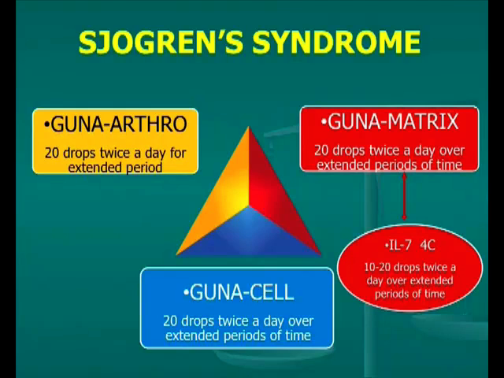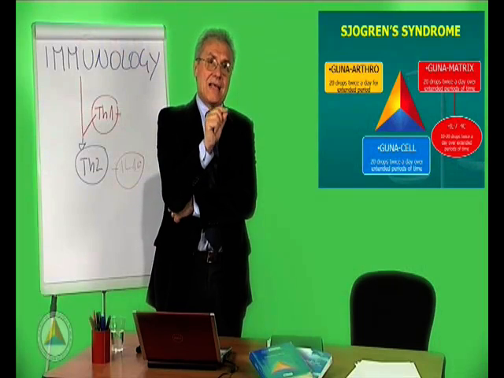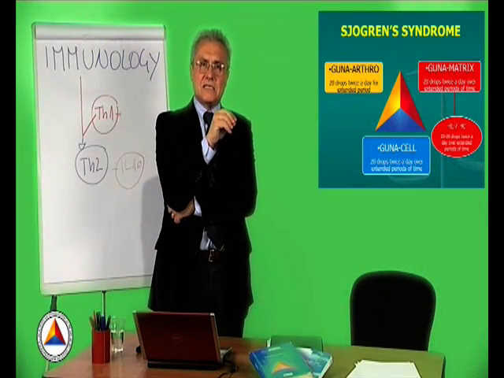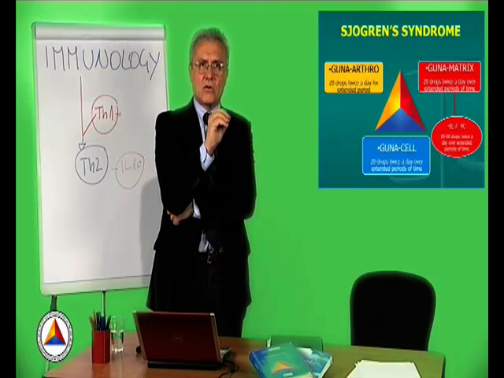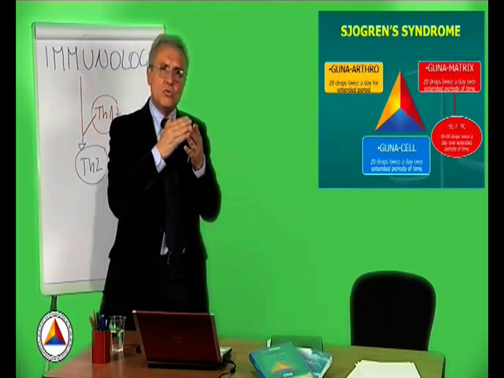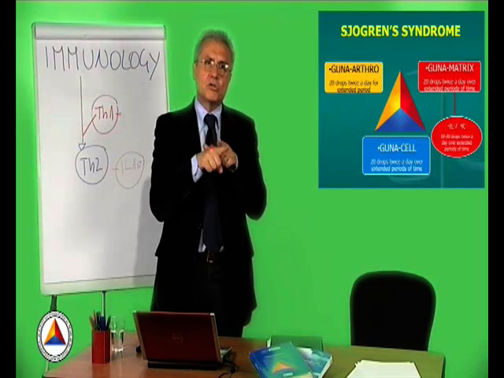If there is a concomitant joint involvement, we should associate 1 tablet of ZLT 2 or 3 times a day. And from the therapeutic point of view, the cytokine of interest in Sjogren's syndrome, which has a profound impact at immune level, is interleukin 7. Interleukin 7 4C is an interleukin that globally stimulates the immunocomponent cells and consequently, in a sense, it corrects the immunobalance in these patients. It is an interleukin specific for this disease, and we shall use it at a dose of 20 drops 2 or 3 times a day, depending on the severity of the symptoms, and also associate it in the same glass and at the same time with Gunamatrix and Guna Cell.